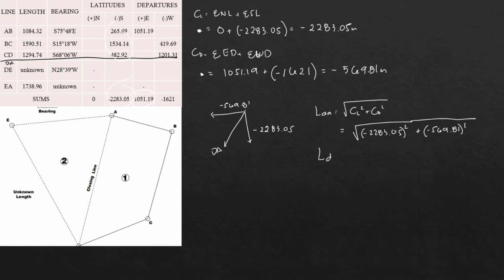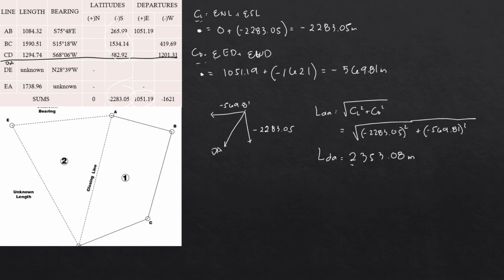Length ng DA natin is equal to 2,353.08 meters. Ito yung length ng closing line natin. CL, di ba, closing latitudes and closing departure. Okay, so,